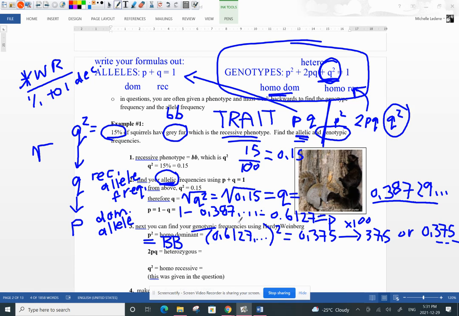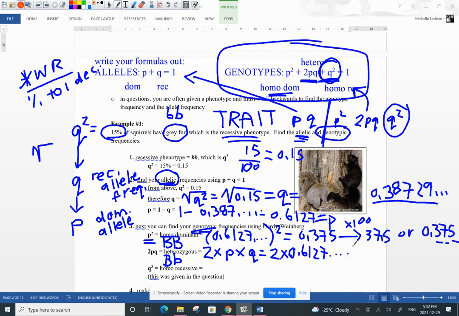Next up, we're going to find all of our genotype frequencies. So the next term in our Hardy-Weinberg genotype formula is to find the heterozygous squirrels. These are all the ones that are black, but they carry the little b, the gray allele. So we've got 2 times the value for p times the value for q. So we're just going to substitute this in now. 2 times, well, we know what p is. We just wrote it down. It's